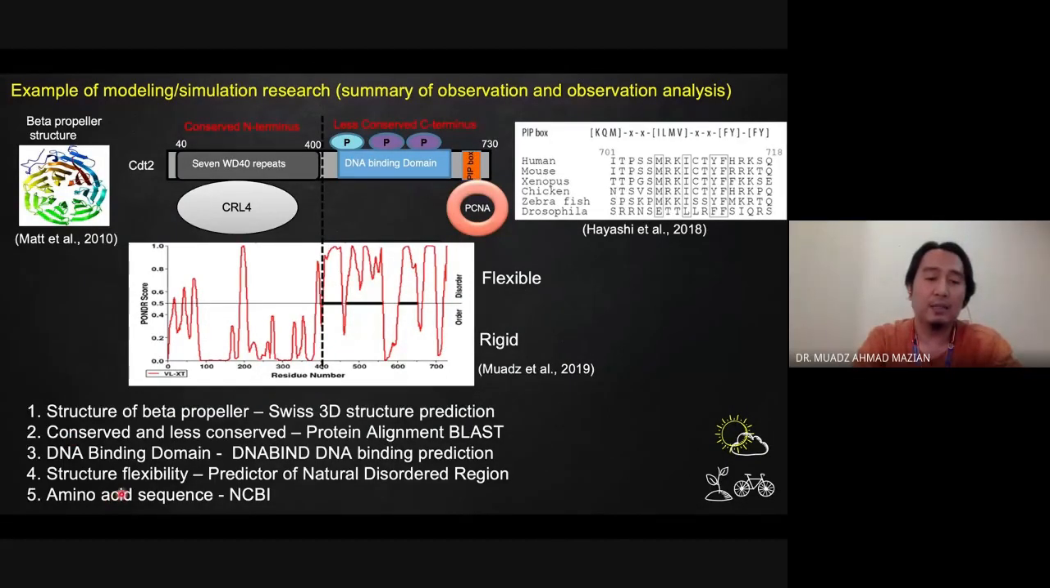Okay, then structure flexibility. I nak tahu along my protein ni tadi ada tak part of my protein tu flexible ataupun rigid form yang boleh mempengaruhi the folding of the protein lah in the 3D structure. So I send again my amino acid sequence to the predictor of natural disordered region, and it comes out that dekat bahagian hadapan my protein ni kebanyakan dia rigid structure. Okay, but then yang kat belakang sampai C terminal hujung dia flexible. Ada lagi information yang boleh dapat. Okay, and then the last one is amino acid sequence lah. Okay, from here I tak tahu apa